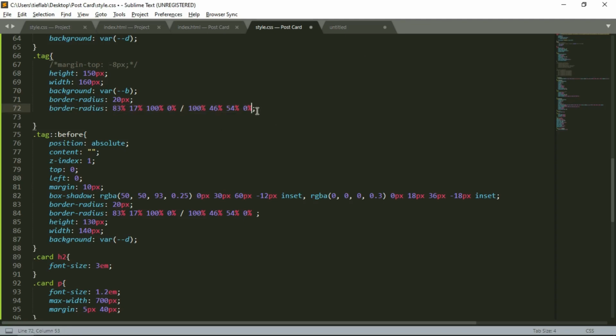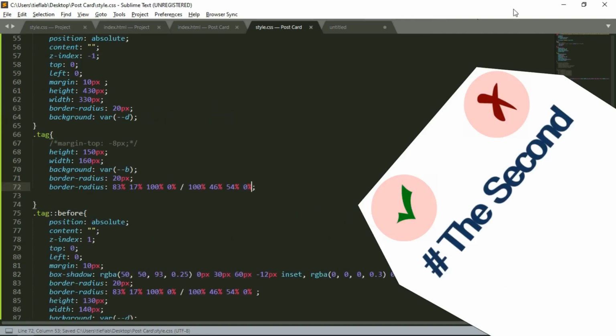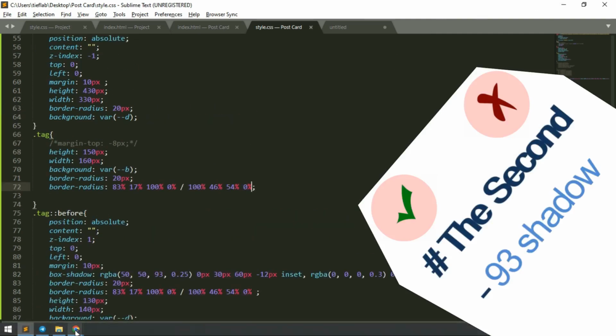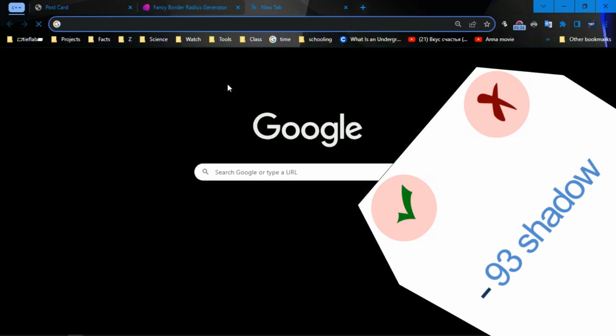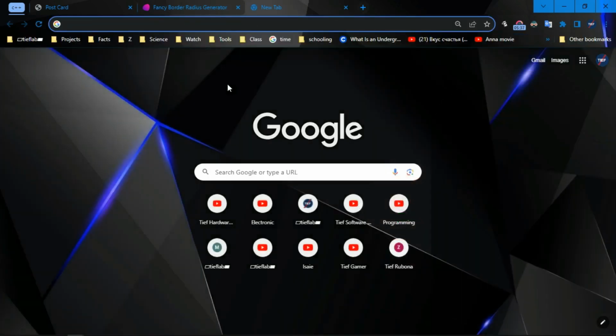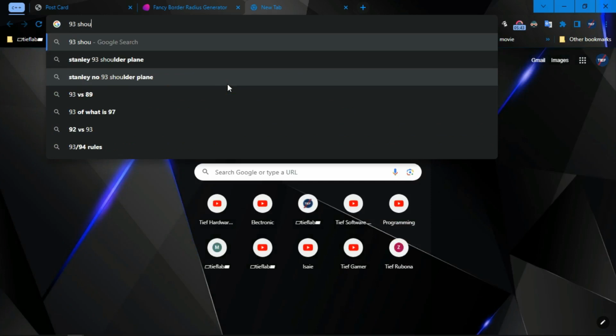Second one, I'm going to show you another cool website where you can also get useful tools. It's 93 shadows, maybe, I don't remember very well.